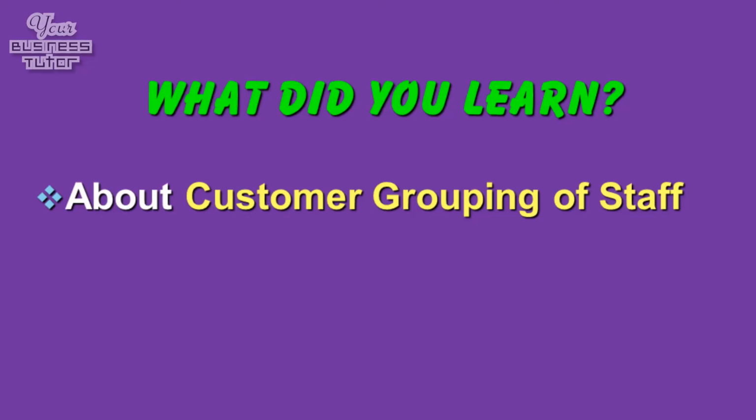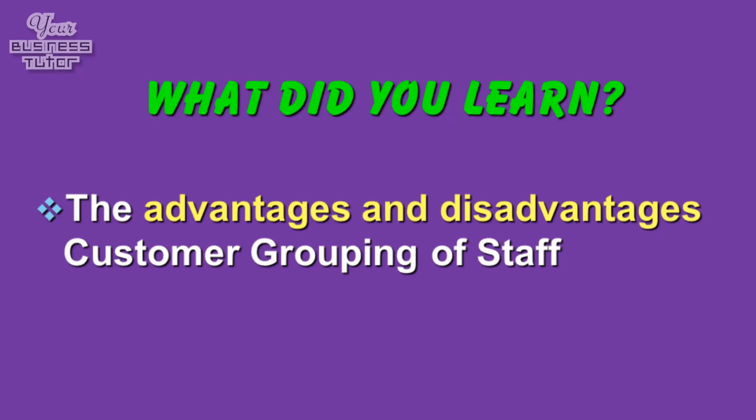So what did we learn in today's presentation? Well, first of all, we found out what customer grouping of staff is, and then we went on to identify the advantages and disadvantages of customer grouping of staff. There are clear and obvious similarities between product service and customer grouping of staff, whereas when compared to functional grouping, there are huge contrasts. This makes people think that making a decision on which grouping of staff to choose is relatively straightforward. However, when selecting a grouping of staff, management need to realise that their choice will involve making significant